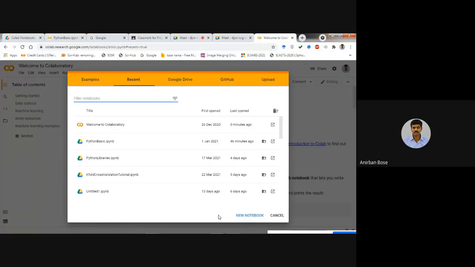So if that option comes, sign in to your Google account, and after that you will find this kind of an interface, and then click on New Notebook at the bottom here.